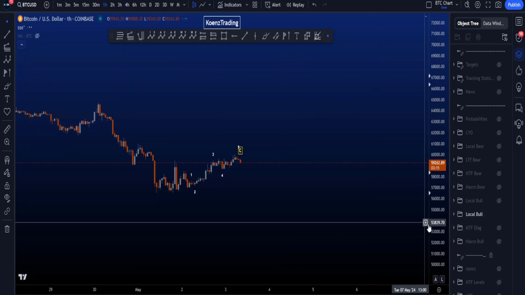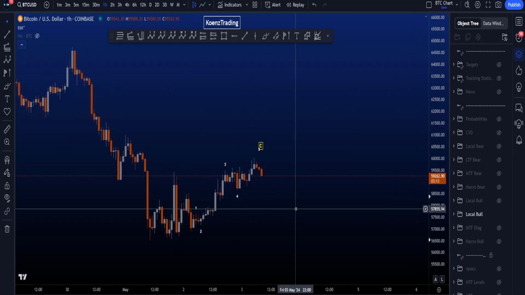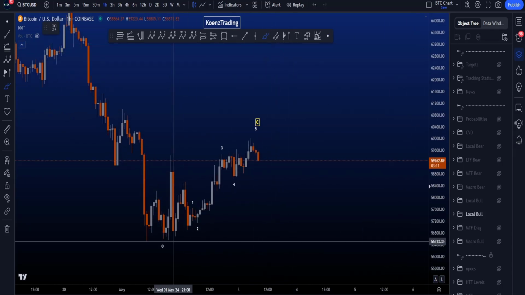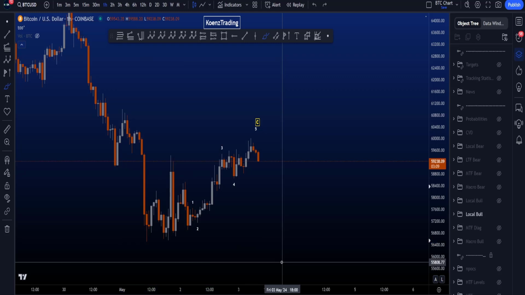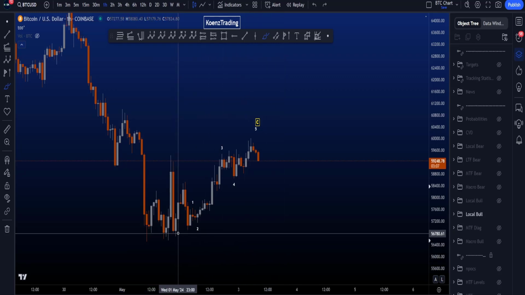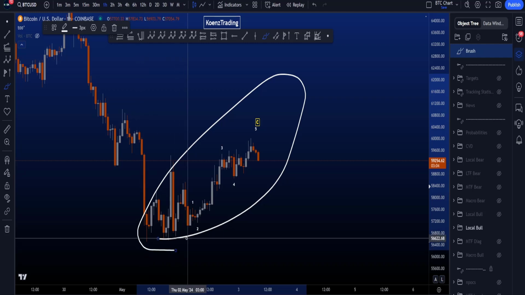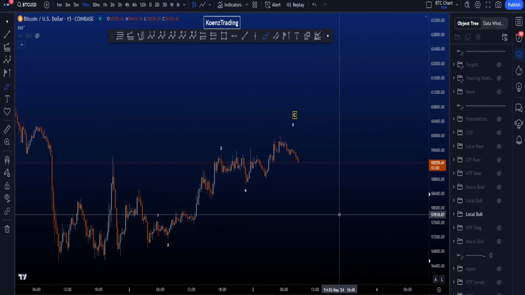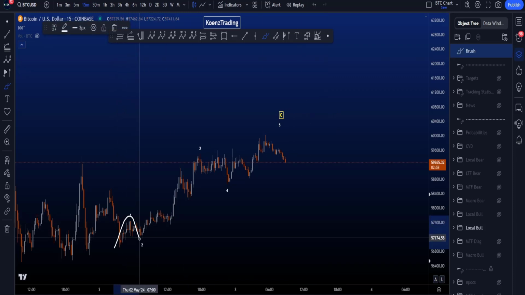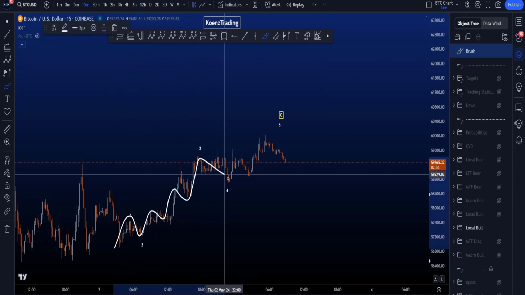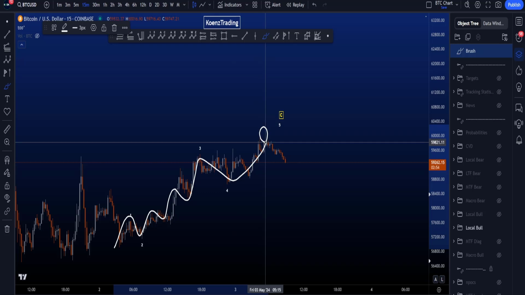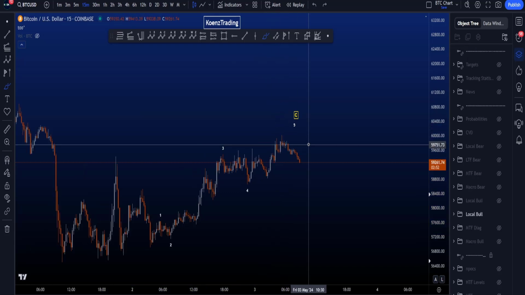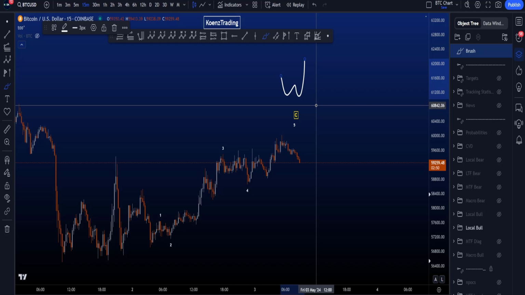On the 1-hour time frame, we are then looking for corrective structures to the downside if we want to see price taking this low in the bullish diagonal. So therefore, a zigzag locally makes most sense because of this final push that we had towards the upside. So here what we can then count is a wave 1, 2, 1, 2, 3, 4, 5, 4, and potentially your 5 is finished, and therefore a wave C, which can either then be a first structure in a wave